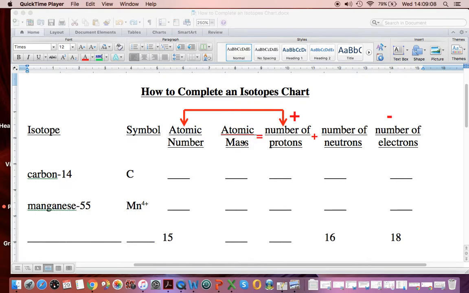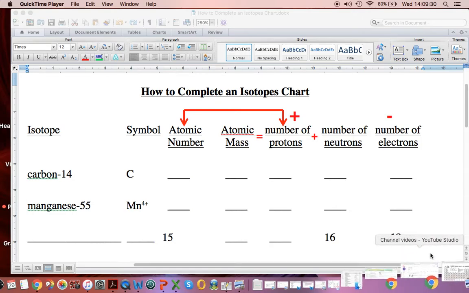Then I have something called atomic mass, and I know that comes from the protons and neutrons. That's why it says equals protons plus neutrons. So I can use that information. And what students usually find the trickiest is figuring out the number of electrons or the charge, and you have to remember protons are positively charged, electrons are negatively charged. So I go to my periodic table for carbon,